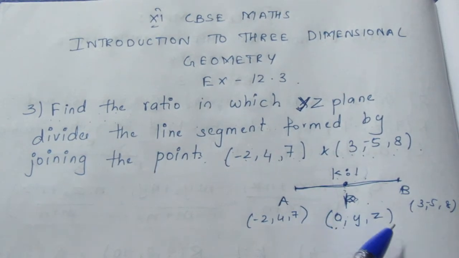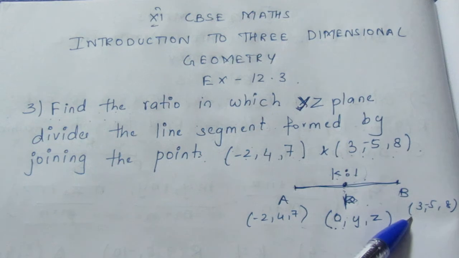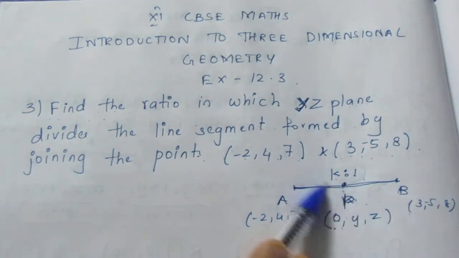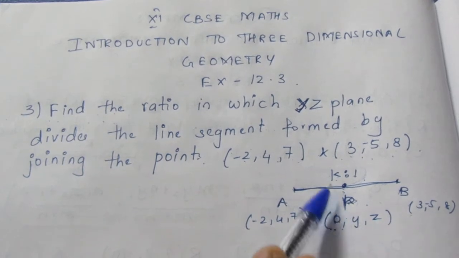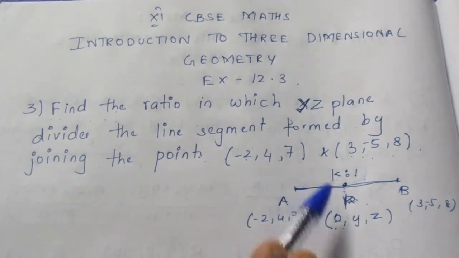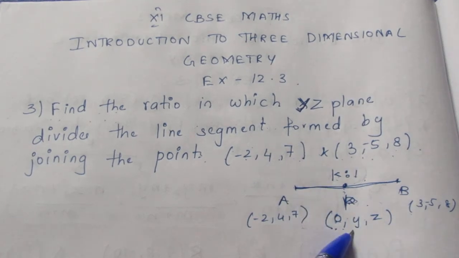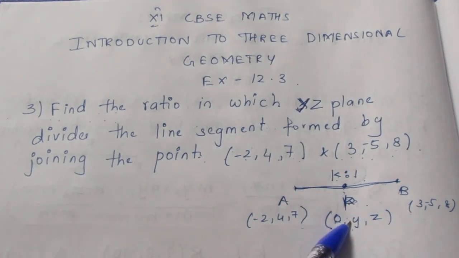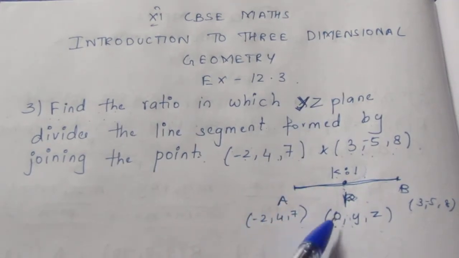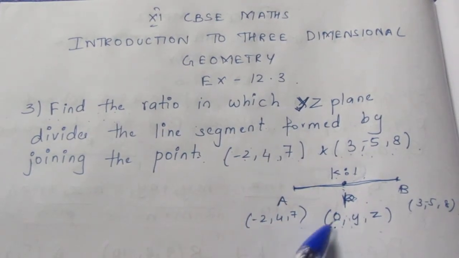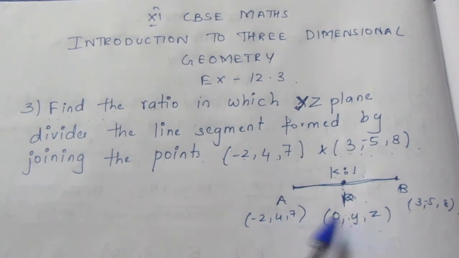So it's a very easy sum. Take only the x-coordinates, taking k is to 1 as the ratio. If it is equal to 0, we can easily find the value of k because there is only one variable missing. If you take y, there will be two variables missing. Even k we don't know and y we don't know, so it will be quite difficult for you to solve it. For any sum also, take the coordinate which is equal to 0. Here we know that x is equal to 0, so take only the x-coordinate and solve it.